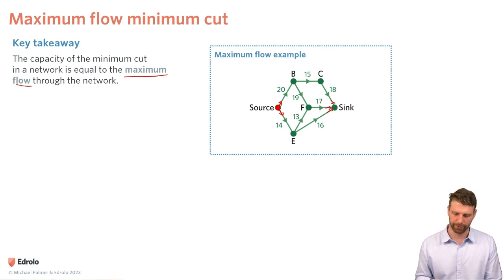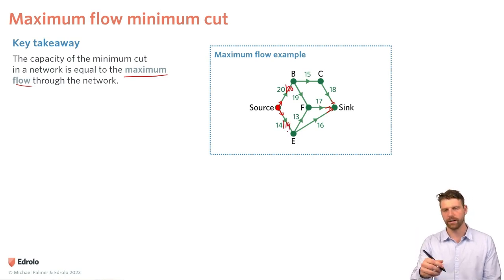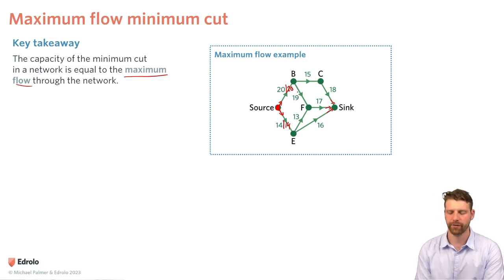So we should be able to get everything through. Let's see. Let's imagine I push 20 liters out here and I push 14 liters out here. So I've drawn a little line, and that second number is indicating how much water I can actually push through that network. I'm going to follow this top path, and if I push through here, then I can't actually push